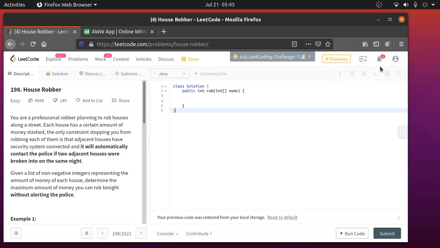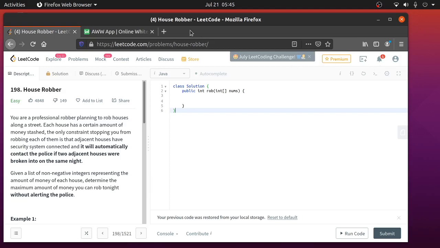Hi everyone, in this video we're going to go over another Leetcode question, House Robber. This is a dynamic programming question and often asked by major tech companies like Amazon, Google, Microsoft, etc. during technical interviews. I will try to explain how dynamic programming works and how you can solve this problem. I hope you will find this video tutorial helpful for your technical interview preparation, and we can start with reading